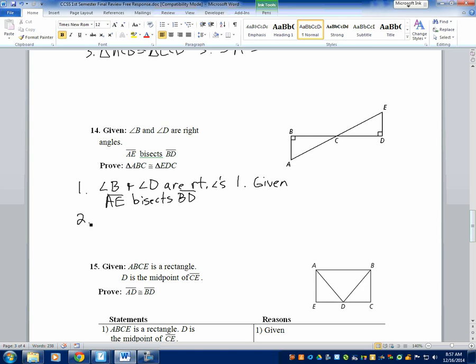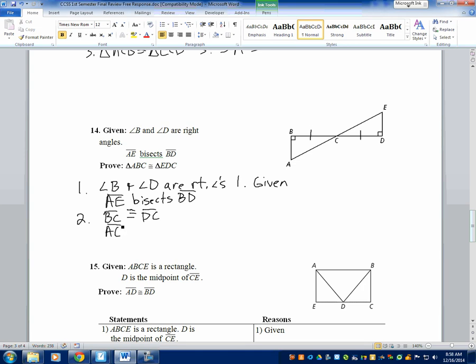Probably, did any of you pick HL as a way to prove this? You did. So a lot of you did SAS then, huh? Okay, so if I'm going to go about that, I can just skip the B and D thing. And I can say, okay, BC is congruent to DC. Let's mark it on the figure. And